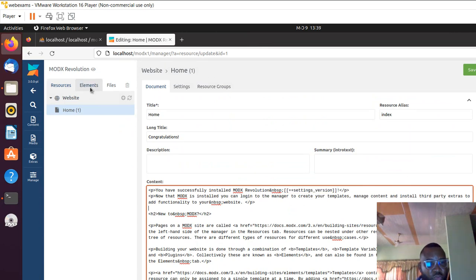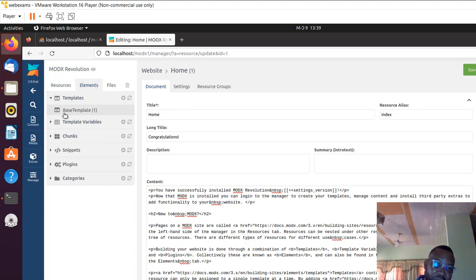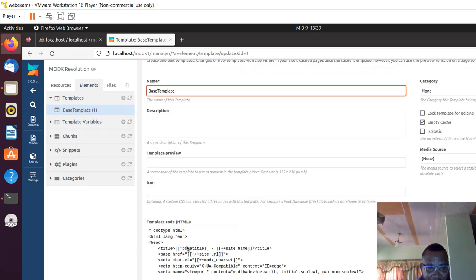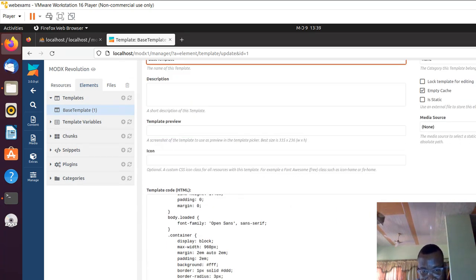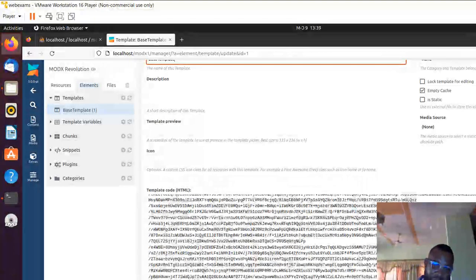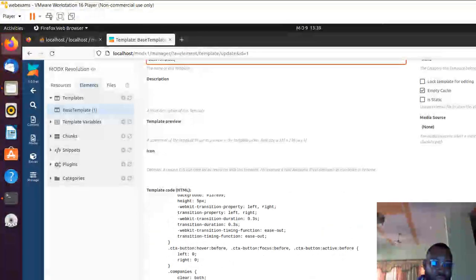So what we'll do is go to our elements and then create another template. By default, this is the template that showed us what we saw. When we go into this template, this actually is the doc type. This is what is in there. We don't want to make use of this, a lot of gibberish. We want to bring in our own templates. Right? So to do that,